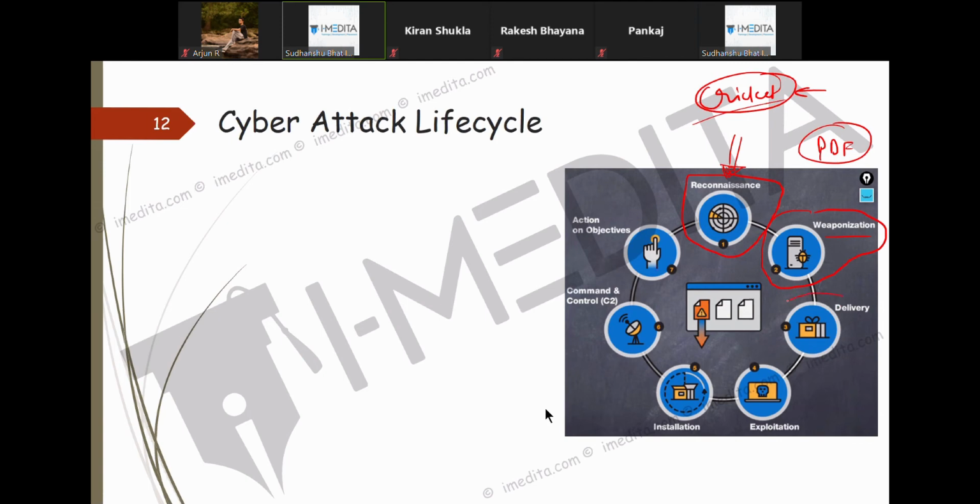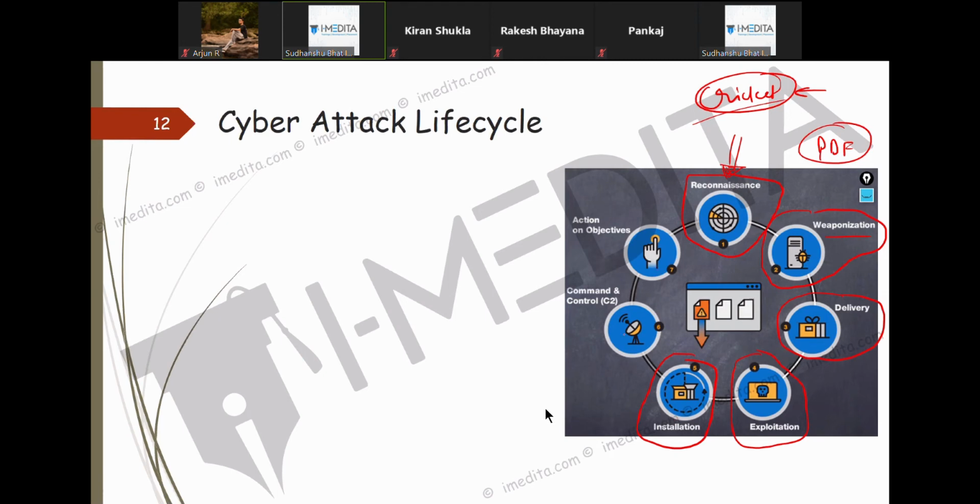That is when I'll be able to deliver whatever Trojan or malware I want, which I can later exploit to do what I want. It can install something on the system and create a backdoor so that I have access to the system.